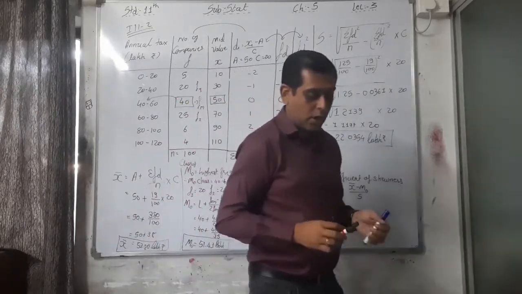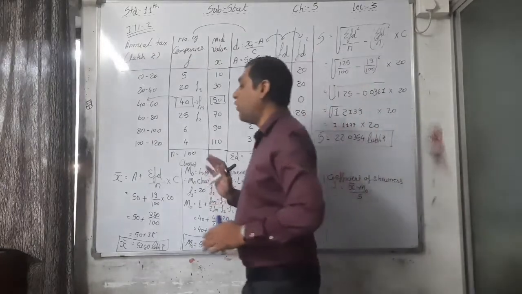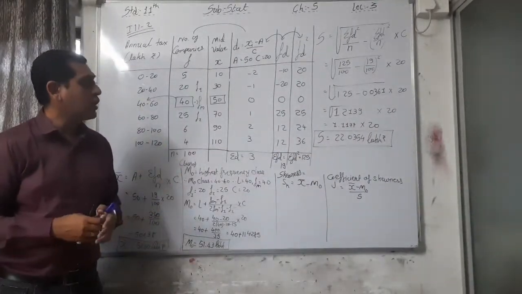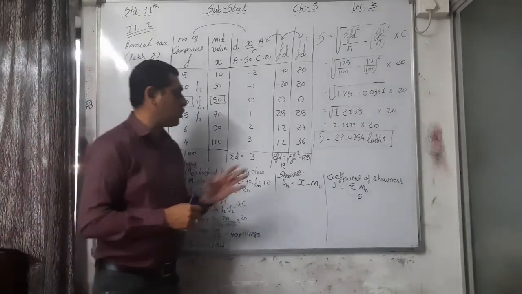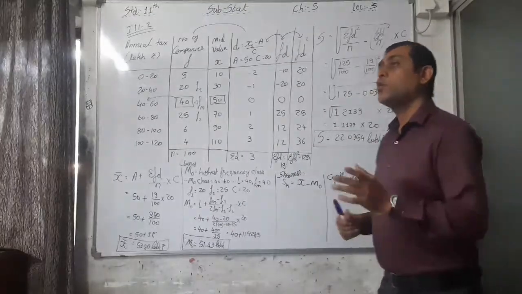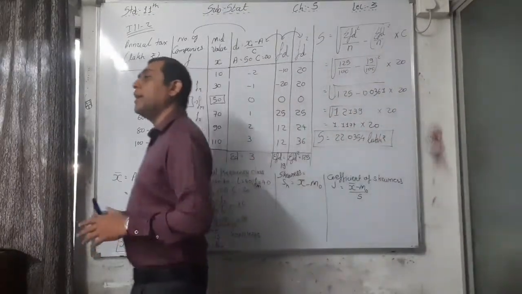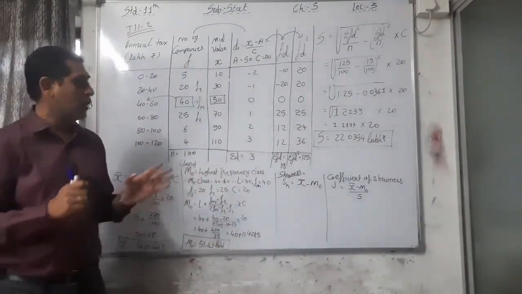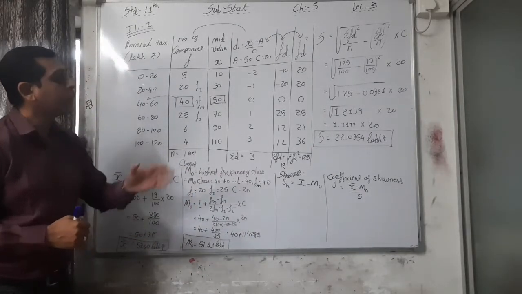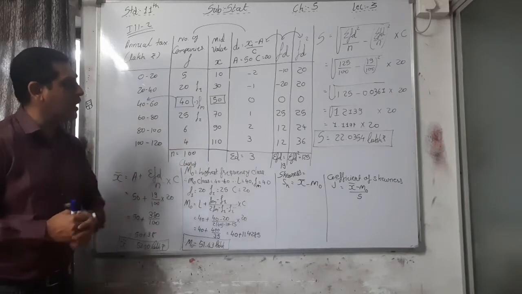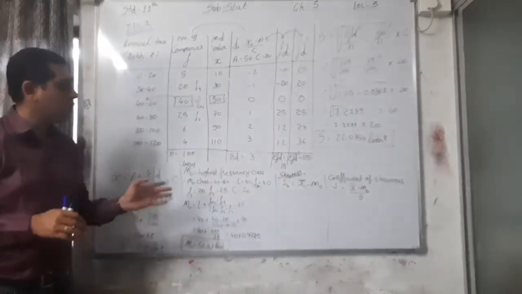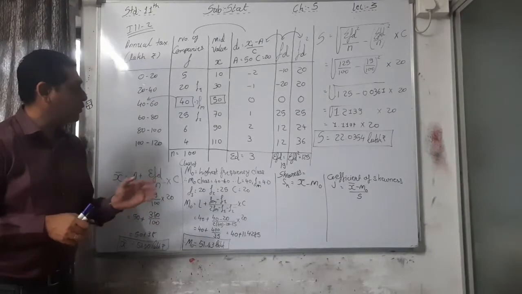Okay, so here are your three values: first x bar, then mode, then standard deviation. We are finding out these three values, and on the basis of these you have to find out the skewness as well as the coefficient of skewness. Just put the values of mean and mode into the formula, as well as mean, mode and standard deviation into the formula of coefficient of skewness, and you can find both values. Okay, I am just putting the values.